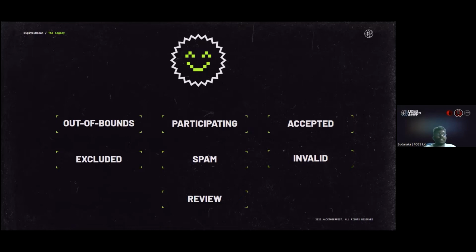And the other thing is the review period, one of the important things. When you create a PR, your PR should wait at least 7 days to be accepted by the Hacktoberfest platform. Throughout those 7 days, they will monitor your PR, your account, and your repositories to verify whether your contribution is a quality contribution. So you should keep these 7 things in mind before creating your PR or doing your contribution. Right.